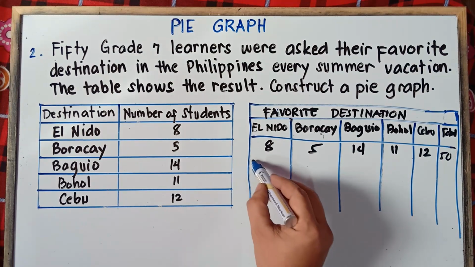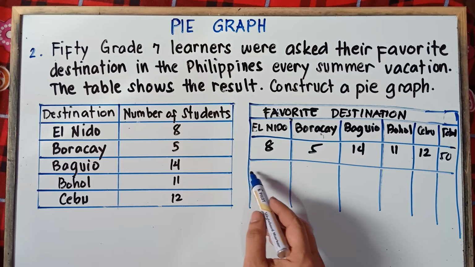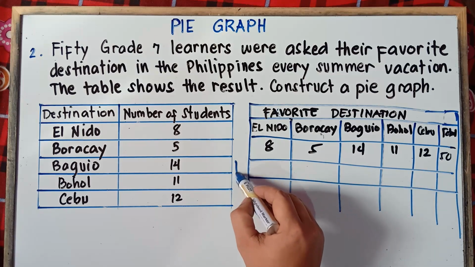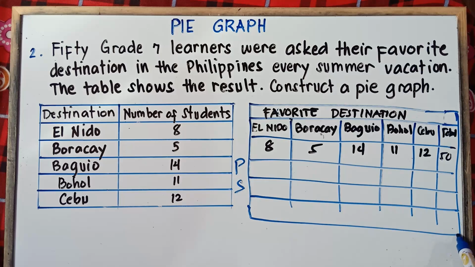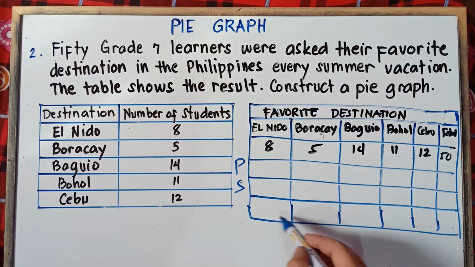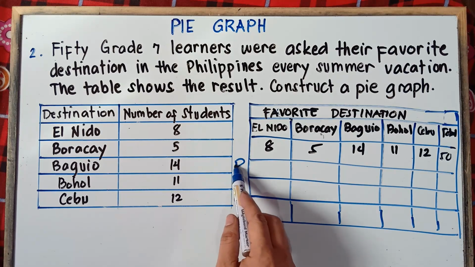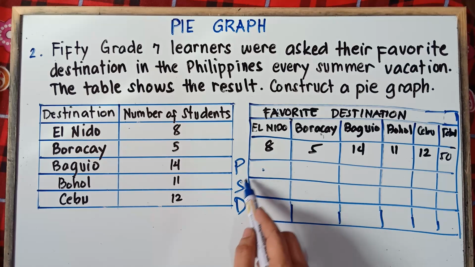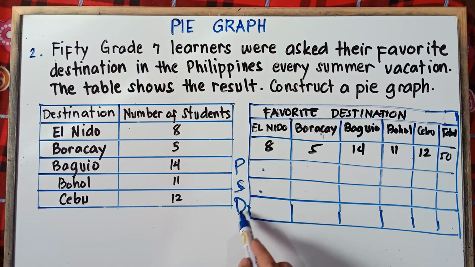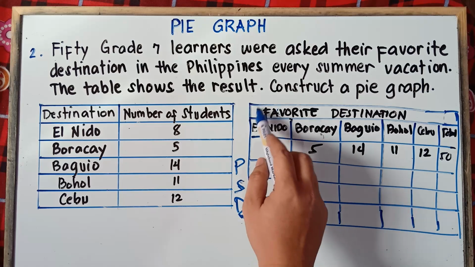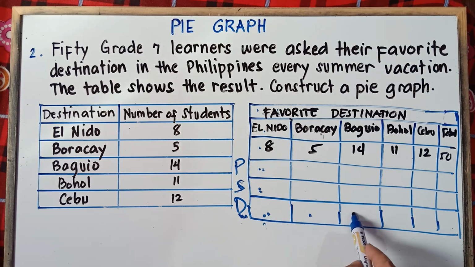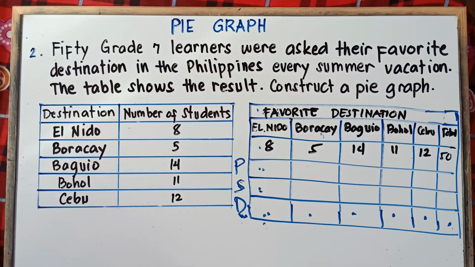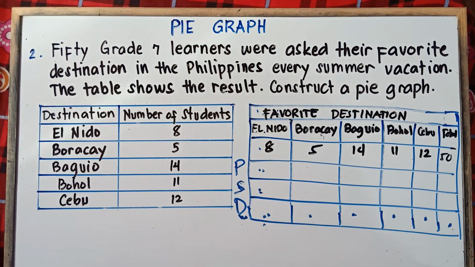Alright, and then we have the next row. So next row, that would be percentage. Next row, that would be our solution. And then the last row, that would be the degrees. Same with the part 1 class. So we need to have how many rows? 1, 2, 3, 4, 5, 6. 6 rows. And then columns. 1, 2, 3, 4, 5, 6. 6 columns. Alright? So let me draw this one class, and then we need to complete the table.